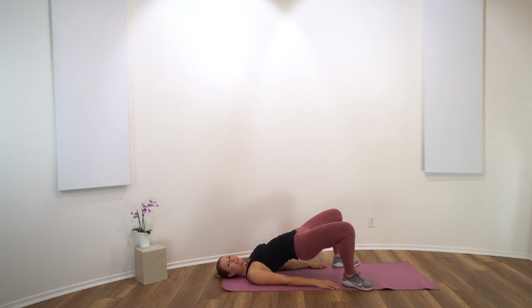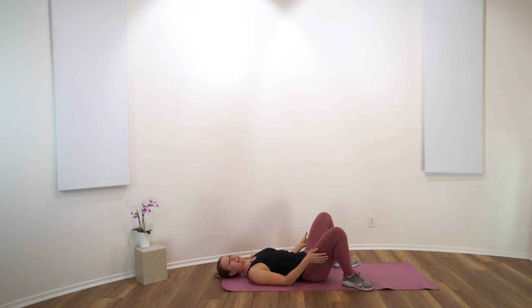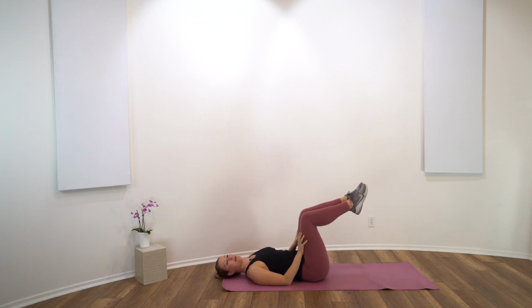We're holding this for 30 seconds, and this is the first of our isometric exercises that we're going to do today. You've got about 10 more seconds left. Can you push through your heels? Can you squeeze your butt muscles in? And can you make your toes feel nice and light? For 5, 4, 3, 2, 1, lower your hips down and bring your knees over your hips, your hands up